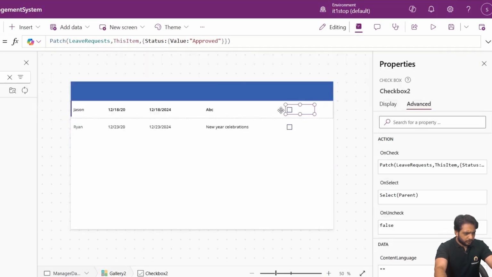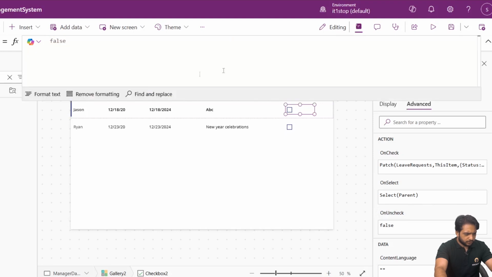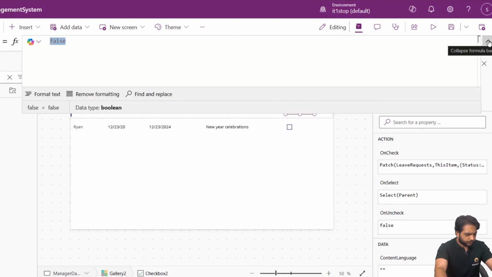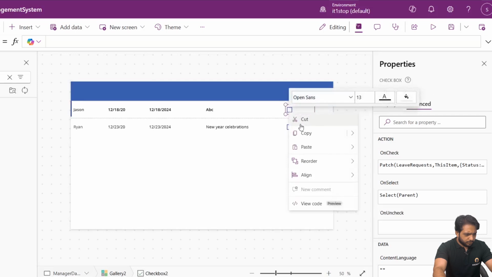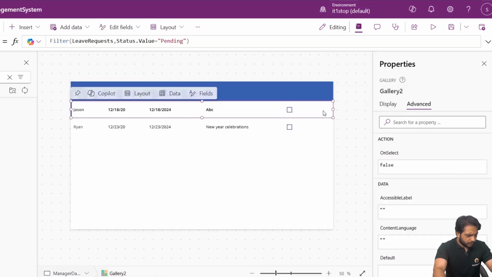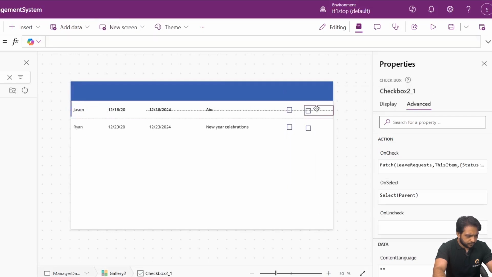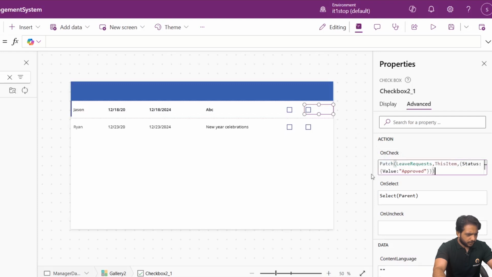And here I will just copy this and on uncheck. Now I will simply copy and paste, and here on check, instead of approved I will write